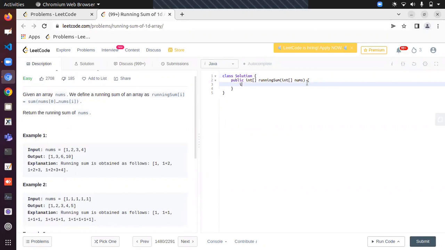Okay, so we need to return the running sum array. So I would say that I'll initially store the size of this nums, right? And I'll create an array where I'll be storing the running sum, right? Okay. So I'm creating an extra space of order n, and even we don't need this because of what we are doing,